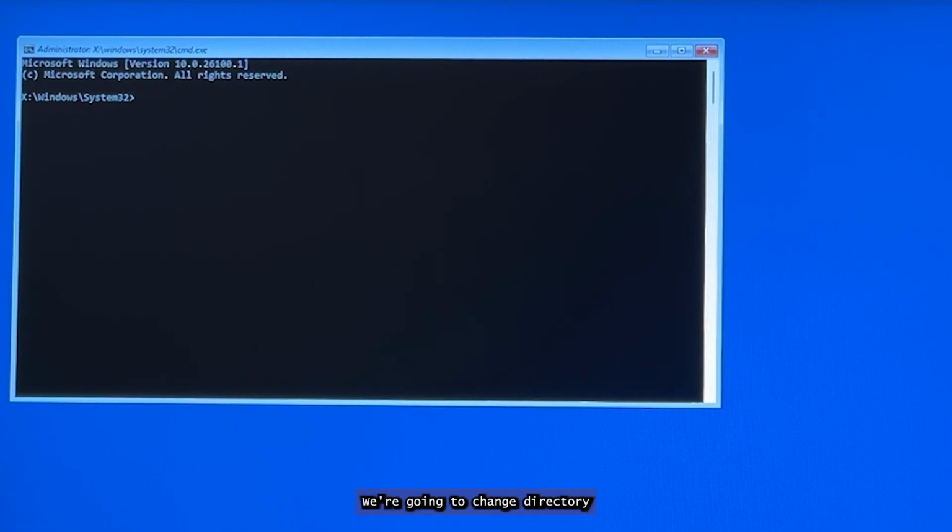We're going to change directory to C drive, then C:, Windows, change directory, System32,